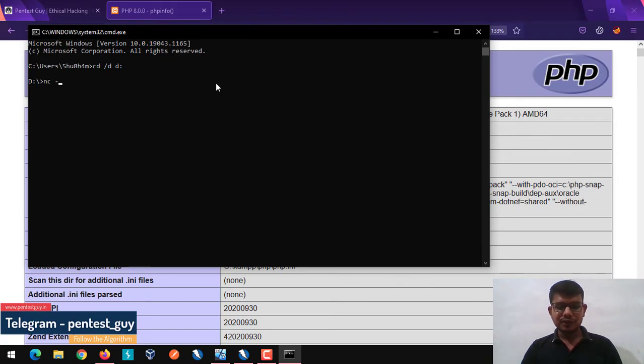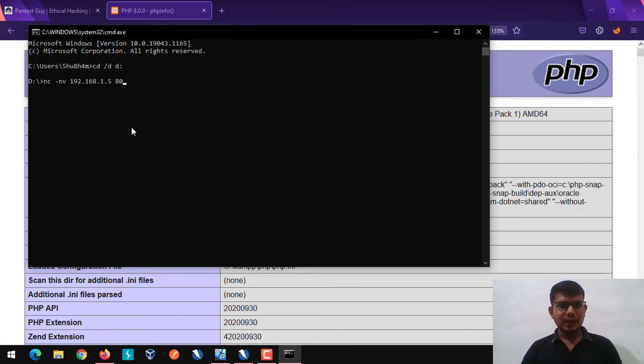First we need to provide an IP address along with port number 80, and after that we need to provide our PHP code. So here it is, PHP echo with pre tags,